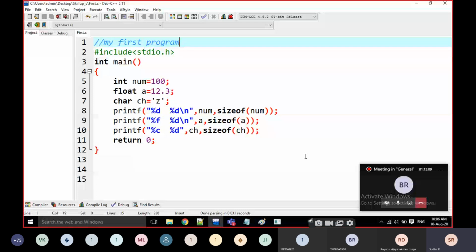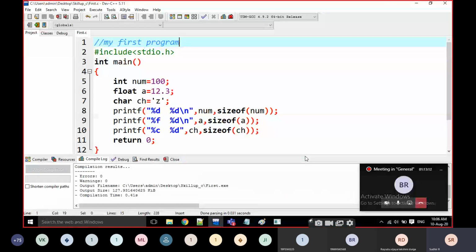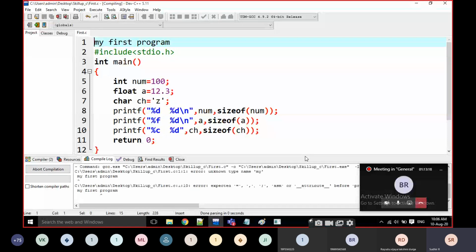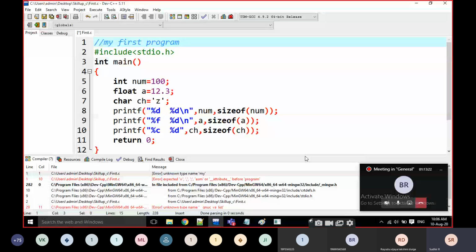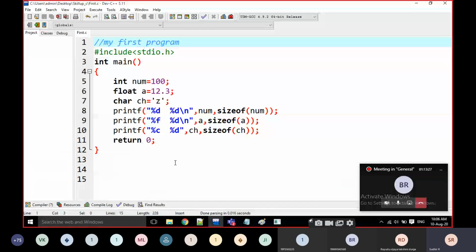If I compile it, just look, there are no errors at all. That is not included in the program. For example, if I remove these two lines and compile it, it is going to give an error. That means any lines you write as comments are not included in the program. For indications or any additional information, we give comments here. That is a single line comment. Double slash indicates a single line comment.